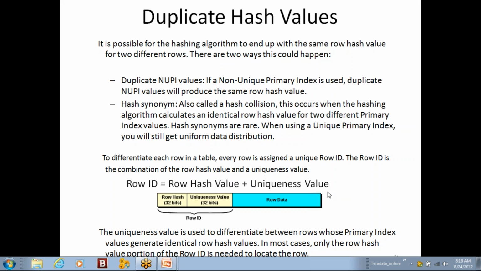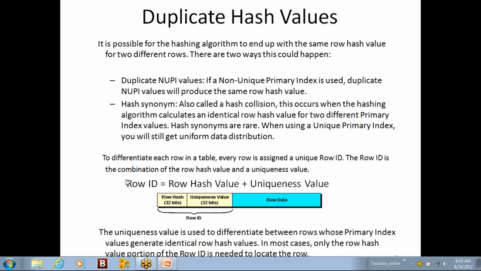The uniqueness value is a 32-bit number generated along with the row hash value, which is again a 32-bit value. The combination of the 32-bit row hash value and the 32-bit uniqueness value is called a row ID.